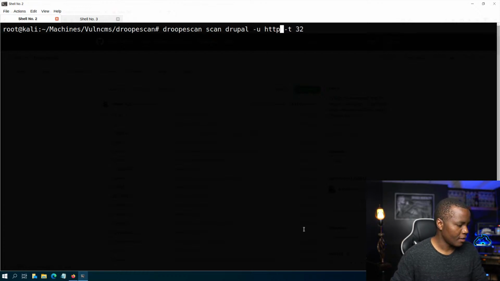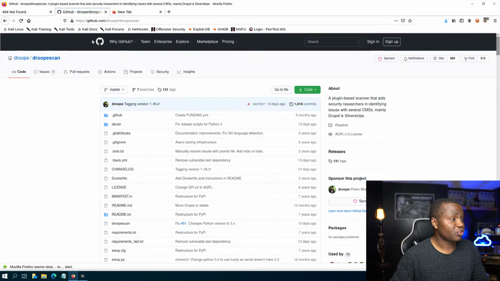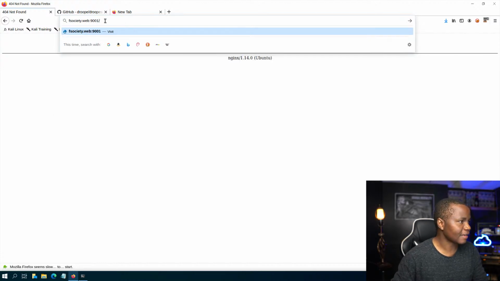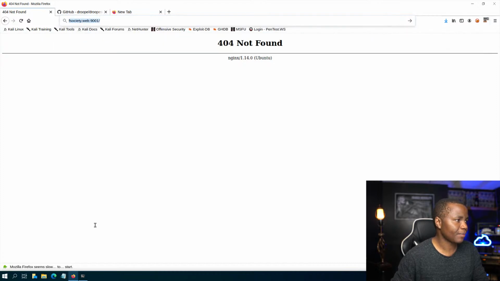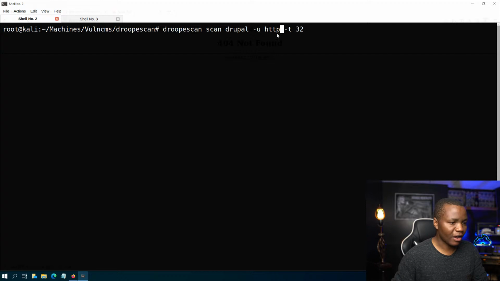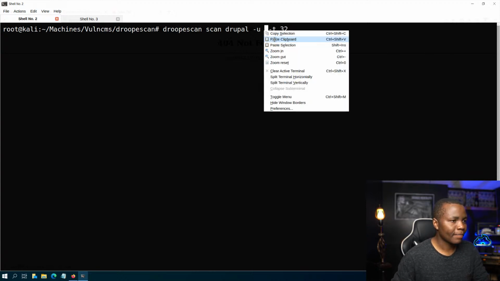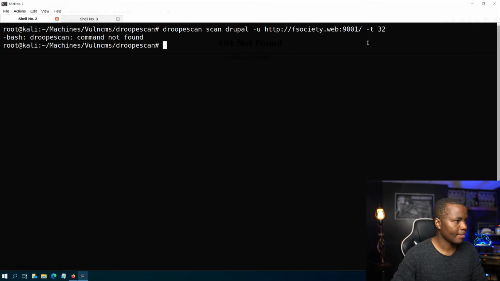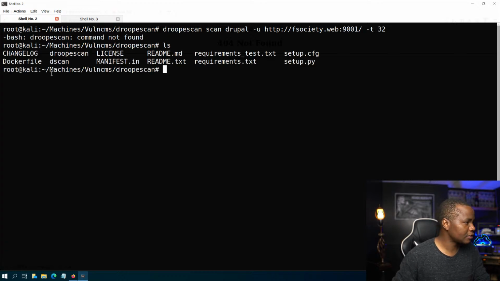HTTP. So usually when you pick a tool, sometimes you have to set it up, which is what I'm trying to figure out, what the creator said. Most people have the instructions only, saying here's how you set it up, so people don't spend too much time figuring out why it's not running. So this is what it should be. But since drupscan is not found,